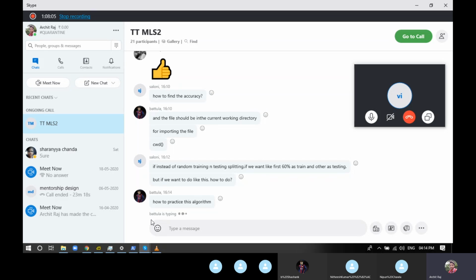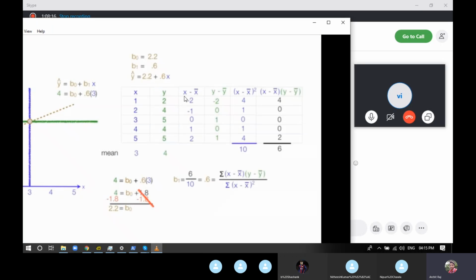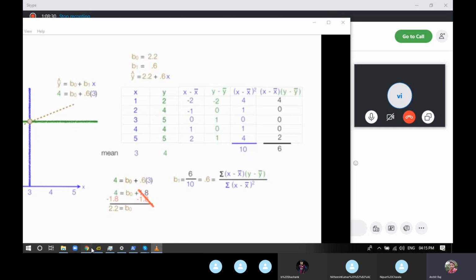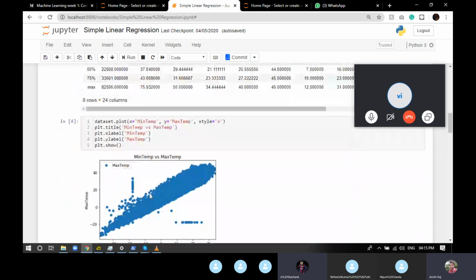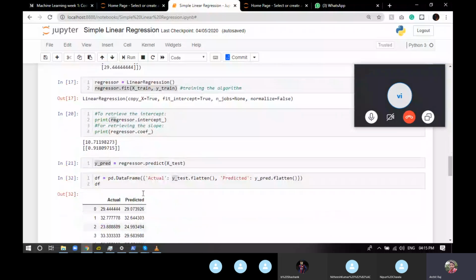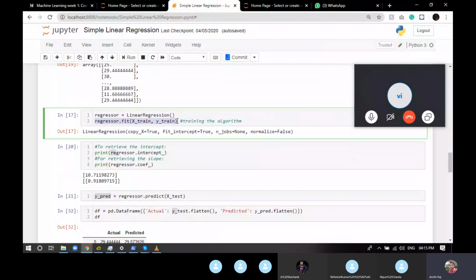How do you practice this algorithm? The only thing you have to do is know how exactly the algorithm works. Take the simple example that I have explained here, take this x value and y value, and try to work it out without looking at the video. That's it. Because if you go and write the code, it's going to be just 2 lines, as I showed you. This particular line did all the work that I've explained in 30 minutes. So you do not have to remember it in Python for that.